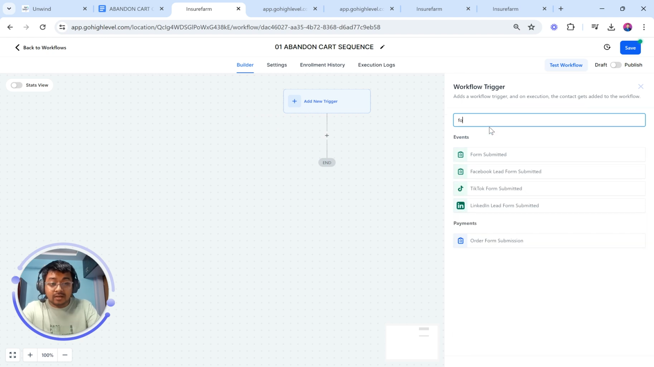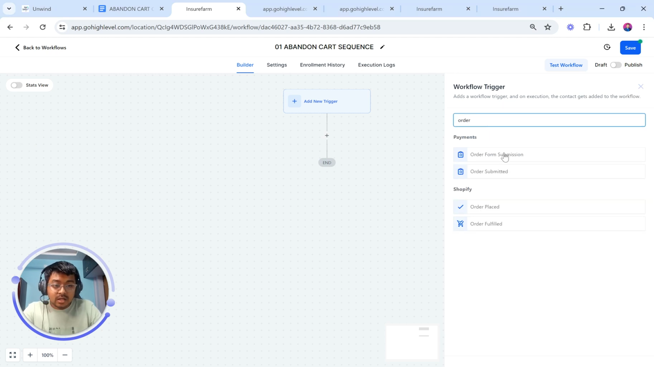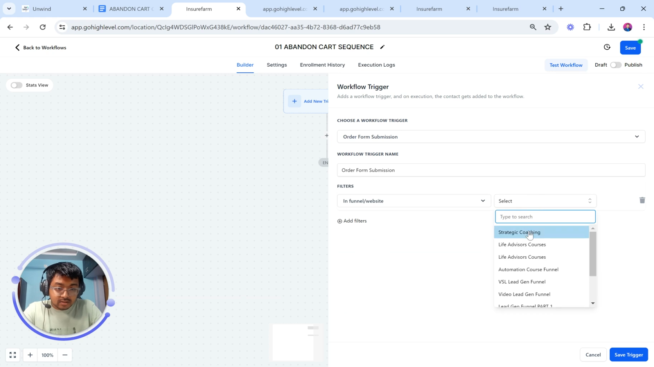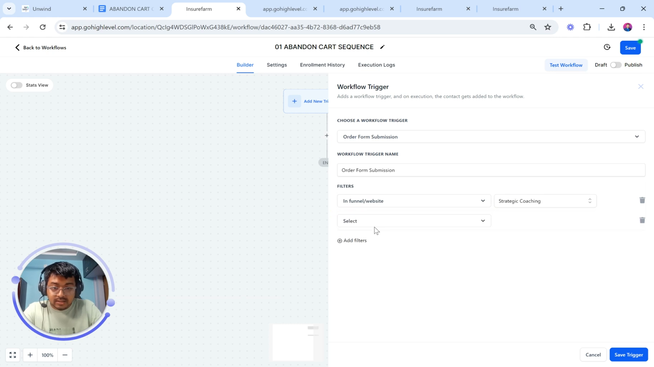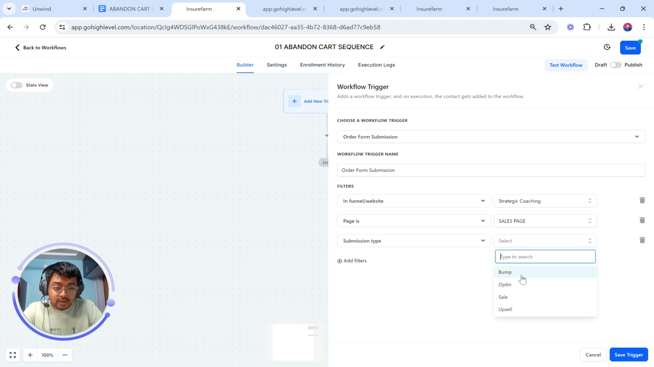So this is going to be form submitted. Sorry, this is going to be order page submitted, right? Let's proceed forward and let's add that order form. So it's going to be an order form submission, right? So here is going to be order form submission, add a filter. The funnel and website here is going to be strategic coaching. This is going to be the pages. The page is going to be sales page. And then here the submission type is going to be